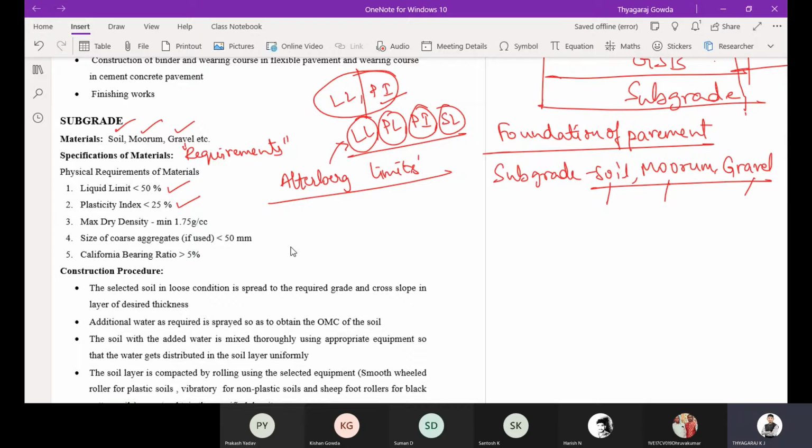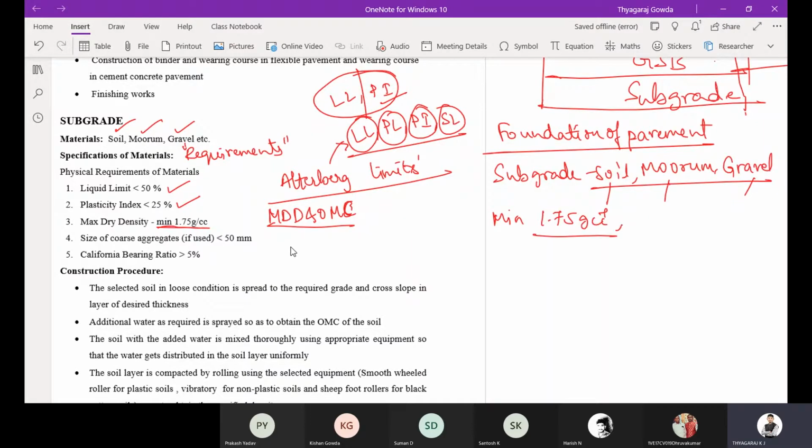Then the dry density. As we all know, MDD and OMC, yes or no? Are you familiar with this MDD and OMC? Kindly respond. Yes, sir. So the minimum dry density of the soil is 1.75 gram per cc.